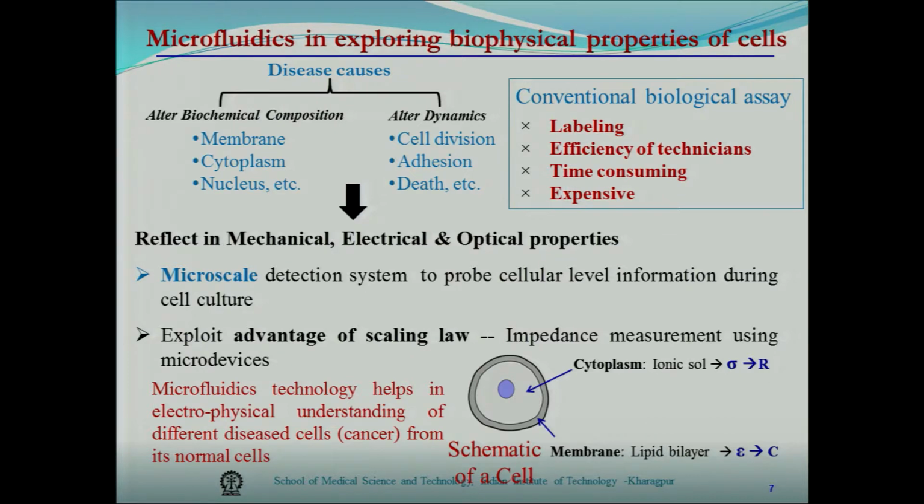So, here you have a cell, this is the cell membrane and it has its own thickness. The cell membrane is a lipid bilayer, which is a dielectric material, so you have dielectric properties which lead to some capacitance value. It is a very small value, in the femtofarad or picofarad range, and inside you have a cytoplasm and also a nucleus, but in the present